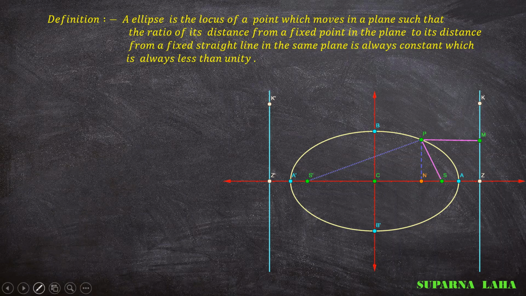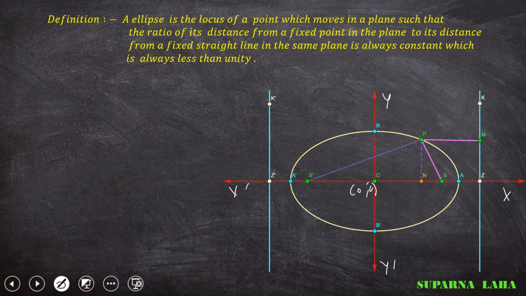Here I am taking this as the x-axis and another as the y-axis. So mark it, this is the x-axis, x dash, and this is the y-axis, y dash. This is the origin O. Okay, and taking this length as A up to this point A. This length is A, and the same for A dash also. We will discuss what A dash and S dash are after establishing the equation of the ellipse. So here I am taking the axis as the x-axis of the ellipse.